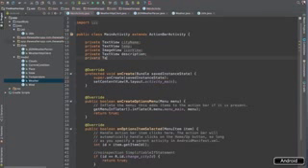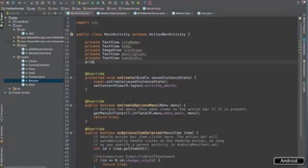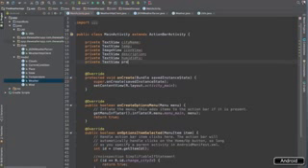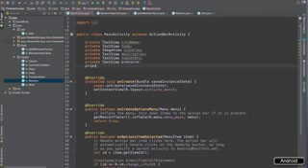So private TextView humidity, private TextView pressure, private TextView wind,